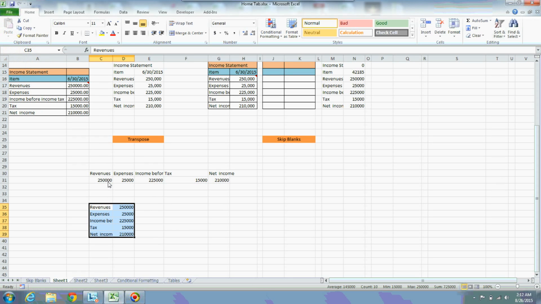See, now my data has been transposed from rows to columns. It has been changed. Again, the values from rows to columns have been changed. Now how can I change this data like this? How can I change it like this?